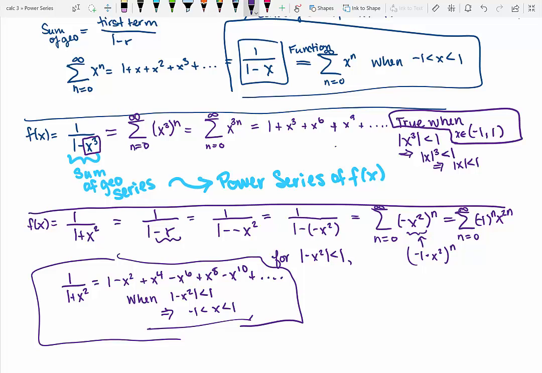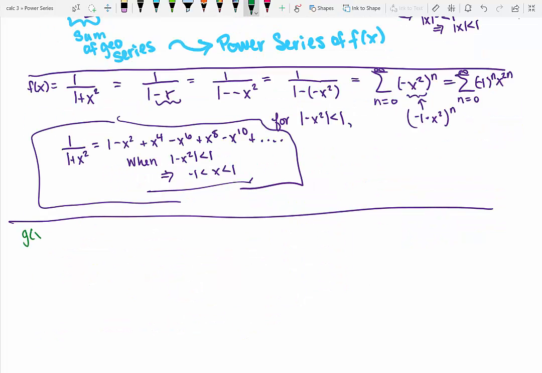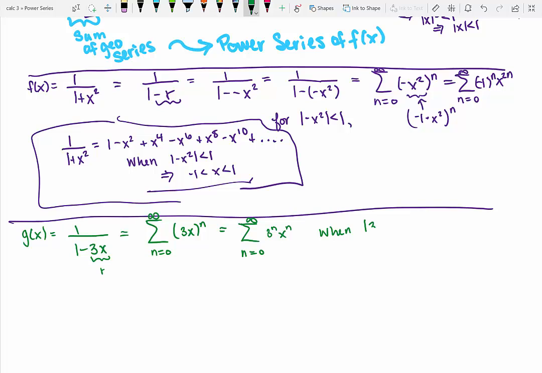Let's try one further variant of this idea. Let's take this function g of x equals 1 over 1 minus 3x. Well, now the thing playing the role of my r is 3x. So we're going to say that this is the same as the sum, n equals 0 to infinity, of 3x to the nth power, or the sum n equals 0 to infinity of 3 to the n times x to the n, when that piece playing the role of the ratio, the absolute value of 3x, is less than 1,